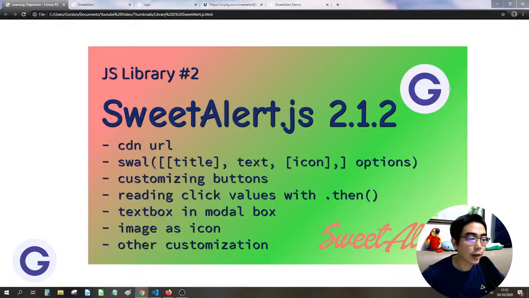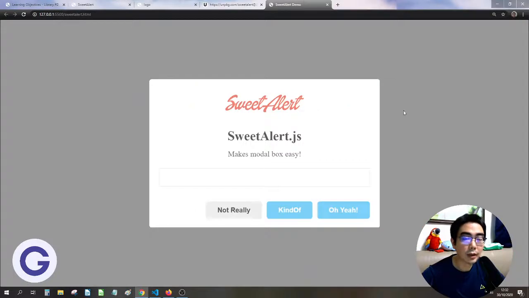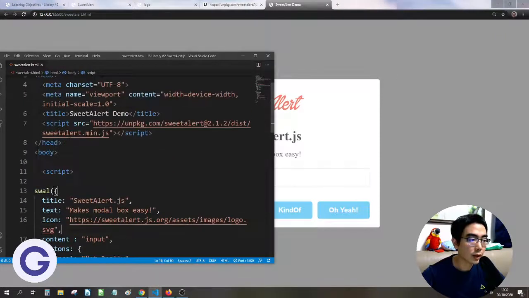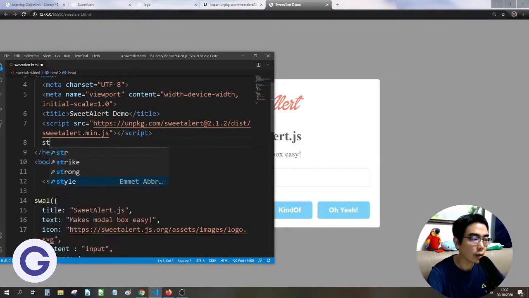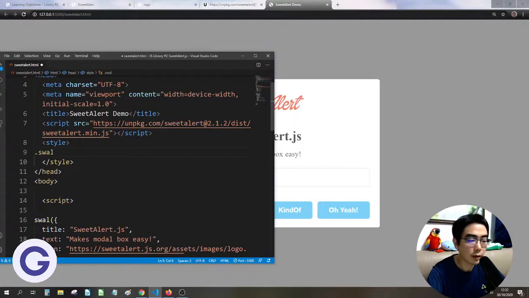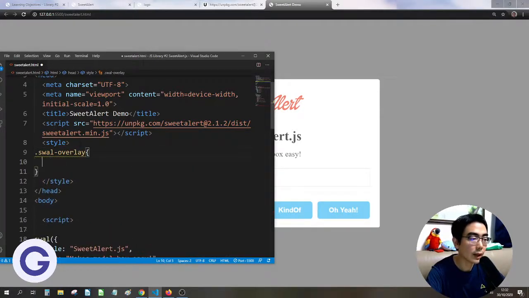And after that, what else can we customize? So apart from the image, we can also customize everything else actually. So for example, if we want to change the overlay color, we can go to the style sheet, style. All the styling is done by changing the class property. All the classes of the styling have a prefix of swal dash. So swal hyphen, and then we can say overlay. For example, we can give it a background color